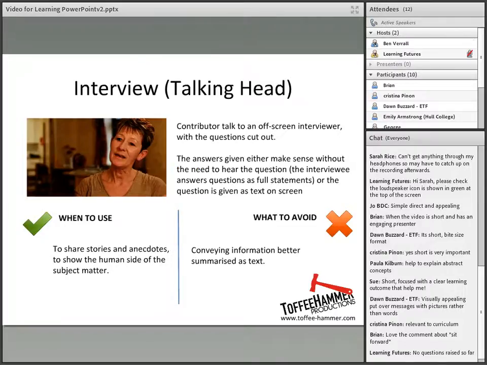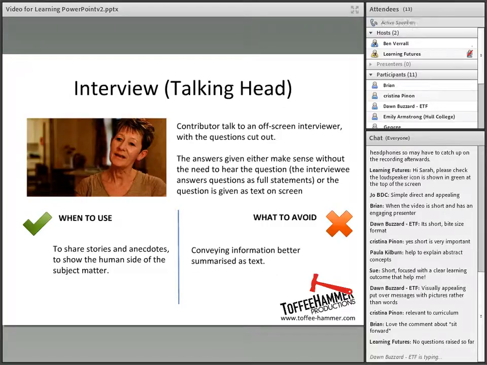So the interview. I've actually broken the interview down into 3 different types of interview. First one is the talking head. This is the most familiar type of interview that you may come across and can easily be filmed. I'm imagining in a learning context, you might have access to an employer, for example, or some expert in the field that you only have access to for a short period of time. Maybe they've come in to be a guest lecturer, but it's a one-off event. Fantastic opportunity to get some of that expert input down onto tape. A talking head is one way of doing that.